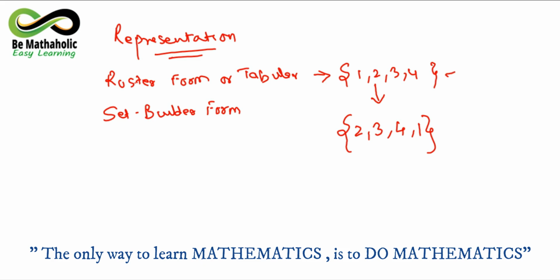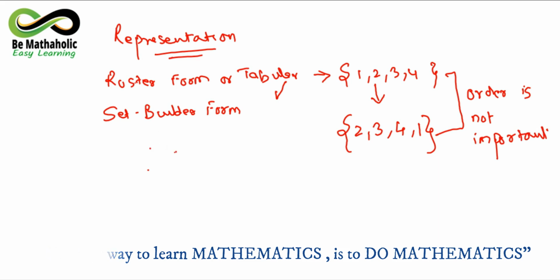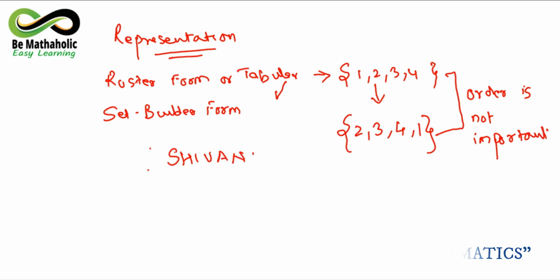Now what does this mean? Please remember that while you are representing certain elements in a set form, whether in a roster or tabular form, when you are representing it in this form, the order of writing the elements is not important. Order is not important. Means आप किसी भी ऑर्डर में इन टर्म्स को लिख सकते हैं. Suppose I take one more example here. If I have to write someone's name, suppose I take my own name, suppose I say SHIVANI, शिवानी. Now as you can see I is repeating here.